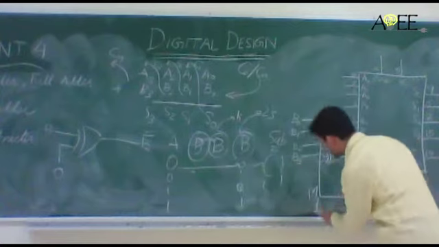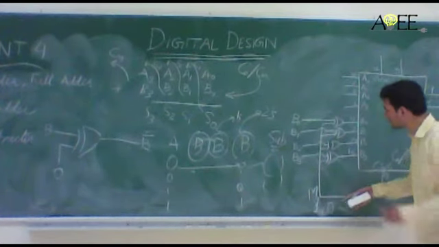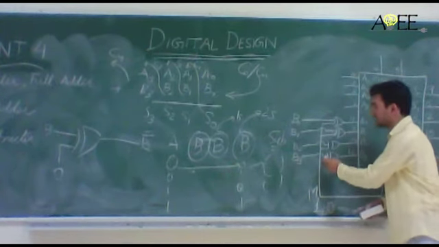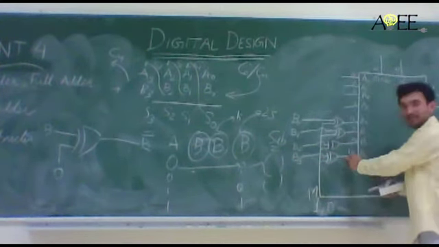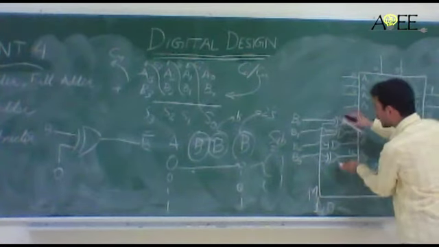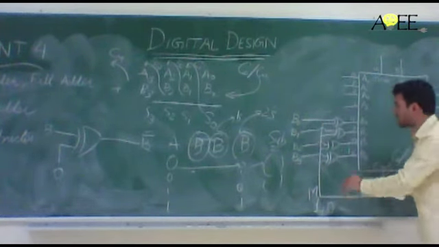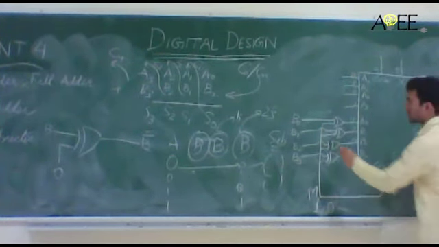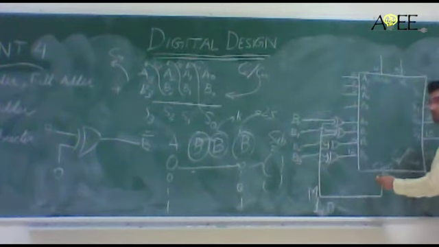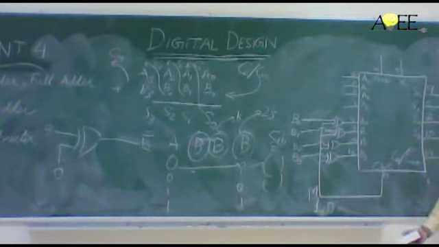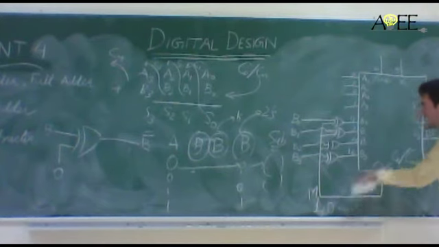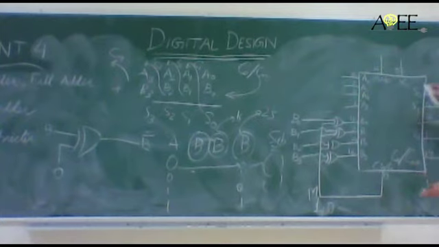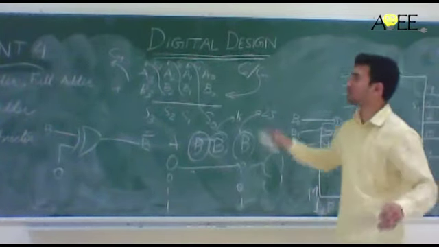So let's say M is 0 now. If M is 0, that means all of them are being given 0 as one of the inputs for the XOR. That means if I give B3, I get B3. I give B2, I get B2. So basically, all the XOR gates are doing nothing but passing the input through. So I am giving B0, B1, B2 and B3 over here, and this is behaving as an adder by default. If M is 0, it is an adder. If it is 1, it is behaving as a subtractor. So that is how adder and subtractor work in the same circuit. This is an addition to the binary adder.